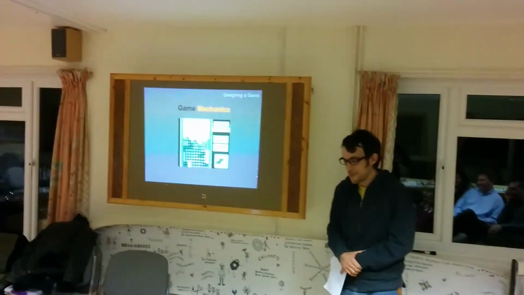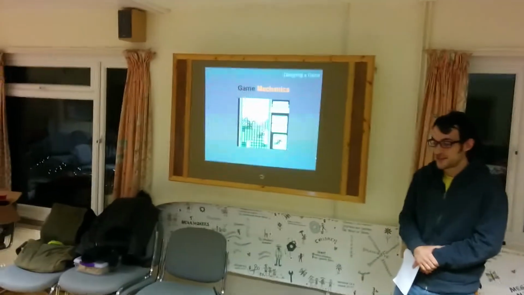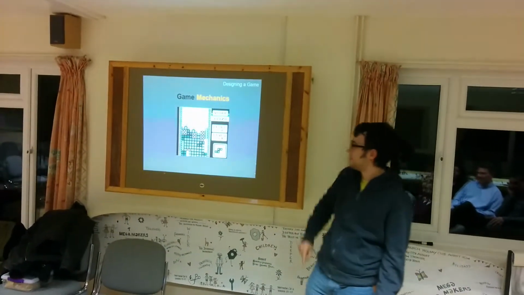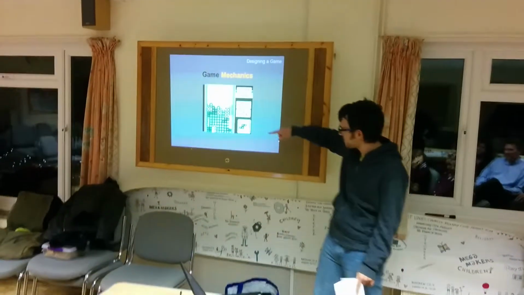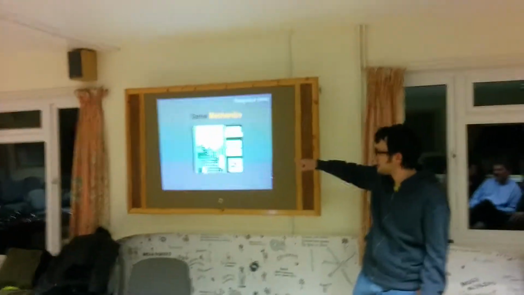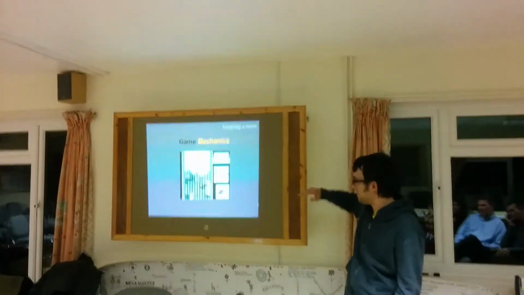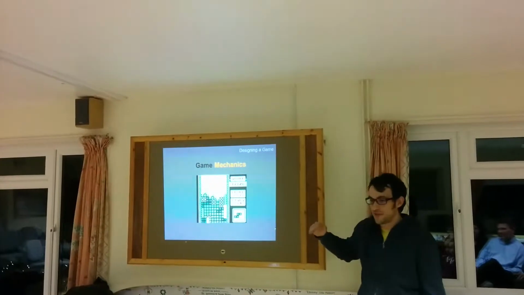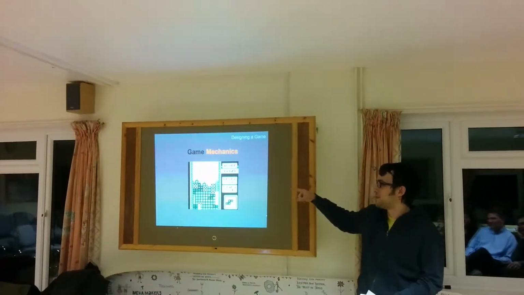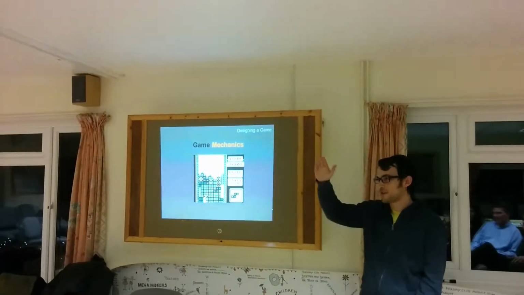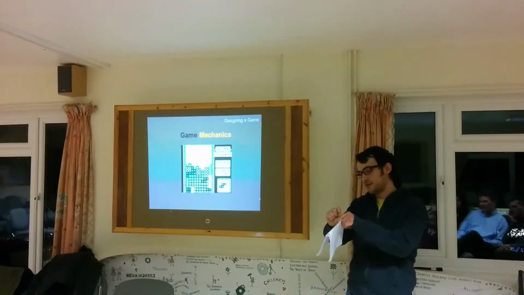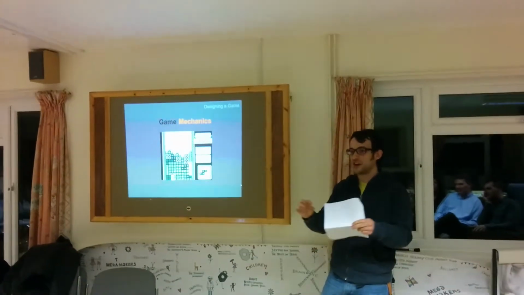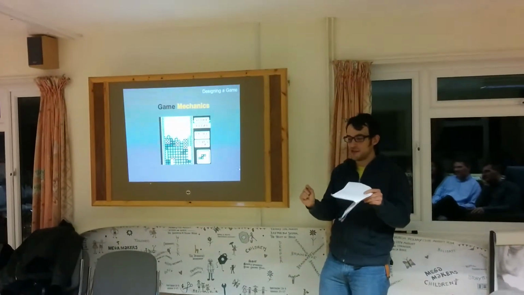But anyway, in Tetris, there is a game mechanic, which is that blocks fall from the top of the screen. So all these blocks have fallen from the top. And what the player is trying to do is form a line out of blocks. So if there was one more block there, that line would disappear. And all you're trying to do is stop those blocks from reaching the top. So blocks fall down from the top of the screen, they form a line, that line disappears. That's a mechanic. That's almost like a nugget of something that you do in a game.